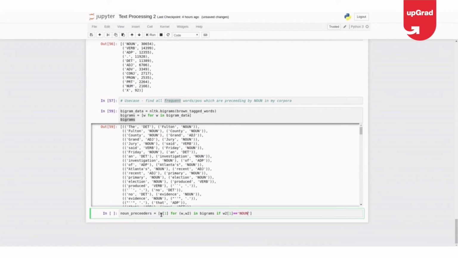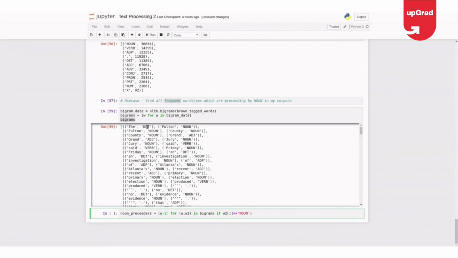So I think all of you are understanding this list comprehension. I'm just getting all the 1 means, because in Python the count starts with 0. So 1 means the second word.